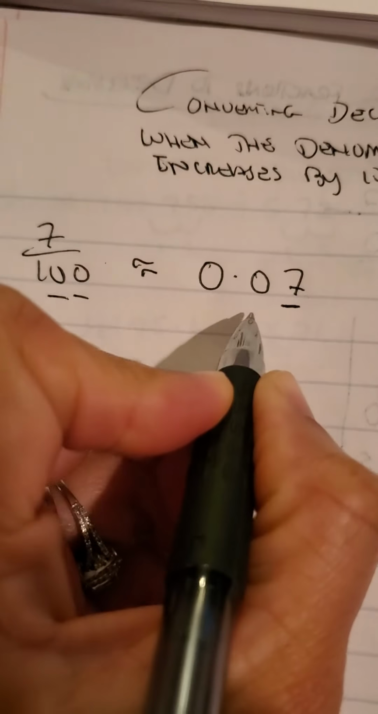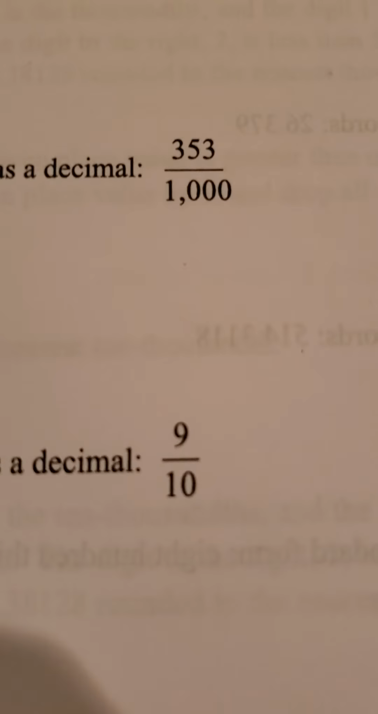So that is 0.07. 7 is in the hundredths place, right? Hundredths means 2 decimal places, and we use 0 as a placeholder because that's missing. Here we have